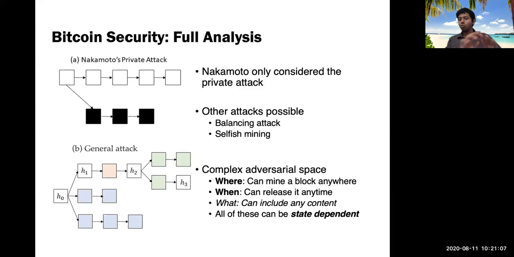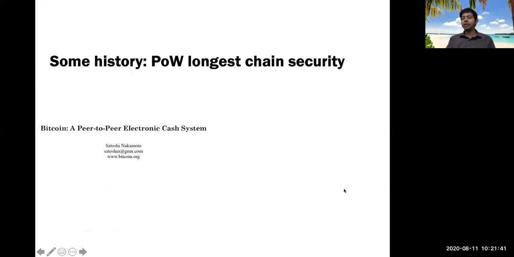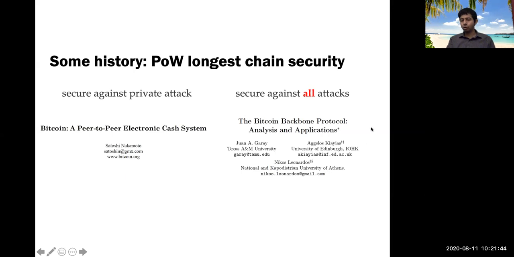Actually, I forgot to mention one additional dimension of freedom for the adversary. We'll assume that the network has latency delta, which means when a block is received by one honest node, all other honest nodes will receive that block within a delta time. This delta is fixed, but inside the delta time, which node receives that block can also be controlled by the adversary. So that's called timing control. I should have included that here. And really what this backbone protocol shows is that the longest chain protocol is secure against the entire